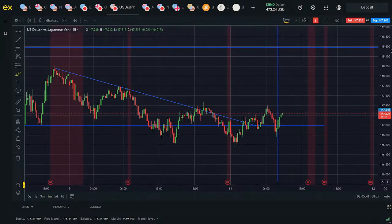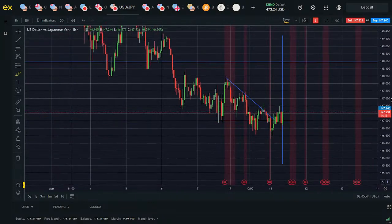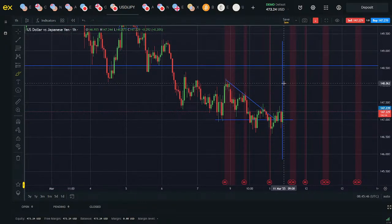And what's all about this descending triangle is that,